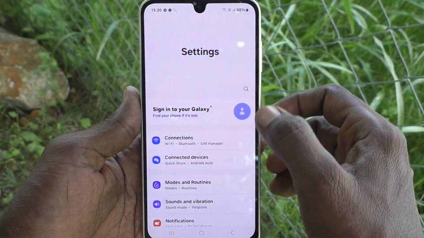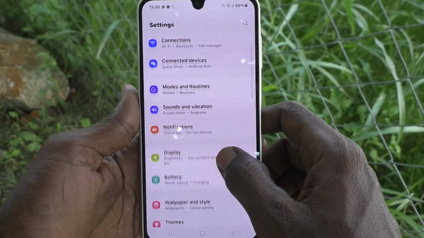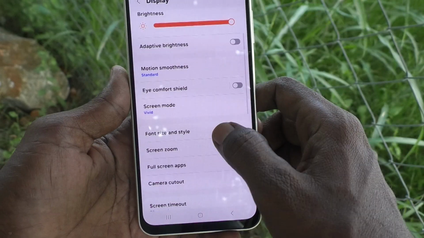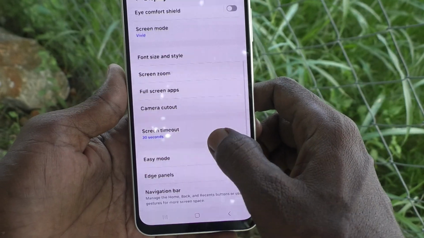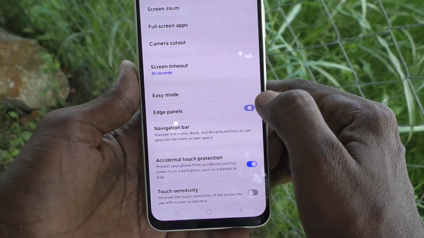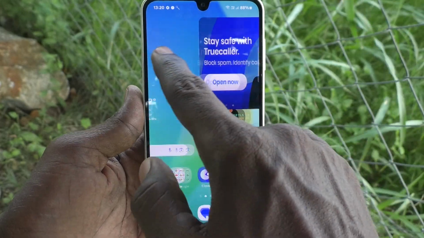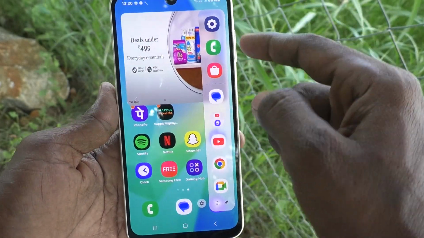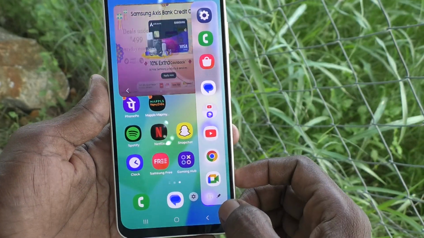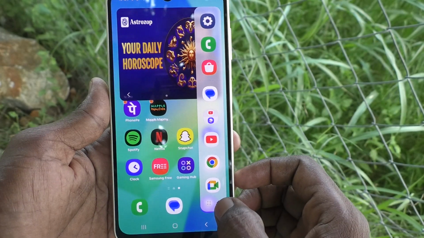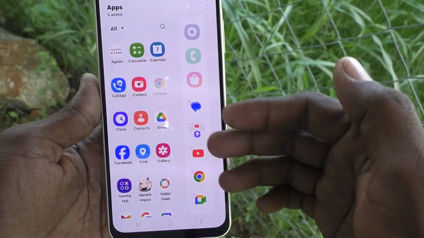What you have to do is go to the settings of your phone here, then go to display, and here select edge panels. Just turn on this button, edge panel, and it will be activated. Now just swipe from the right side here, and to customize these shortcuts, yes, you can do it. What you have to do is click on this pencil icon and you can here